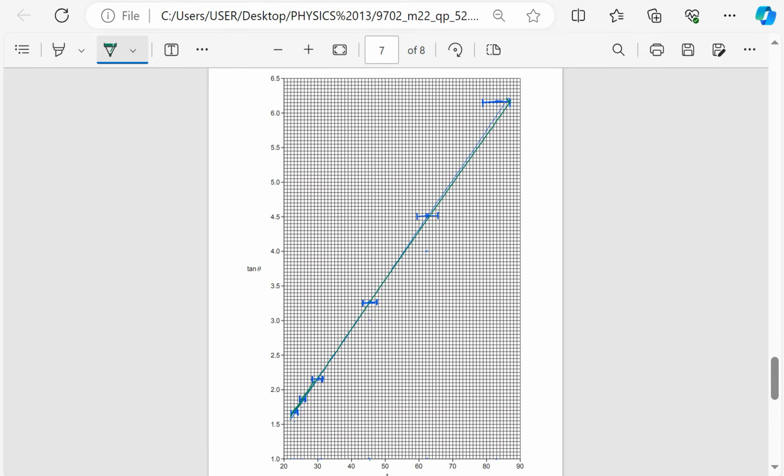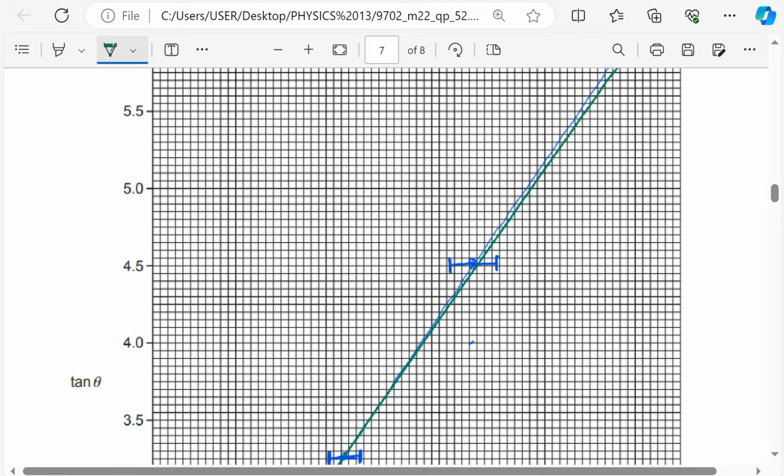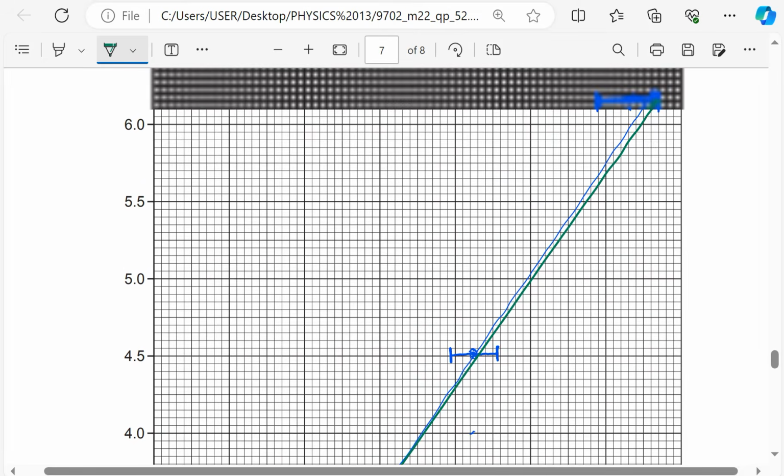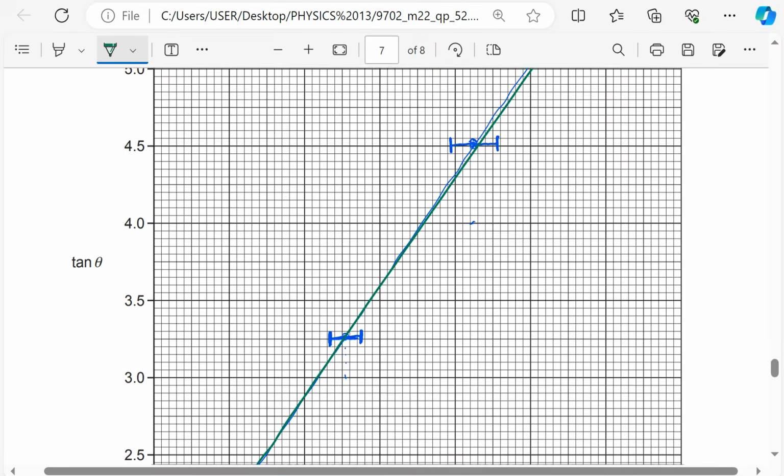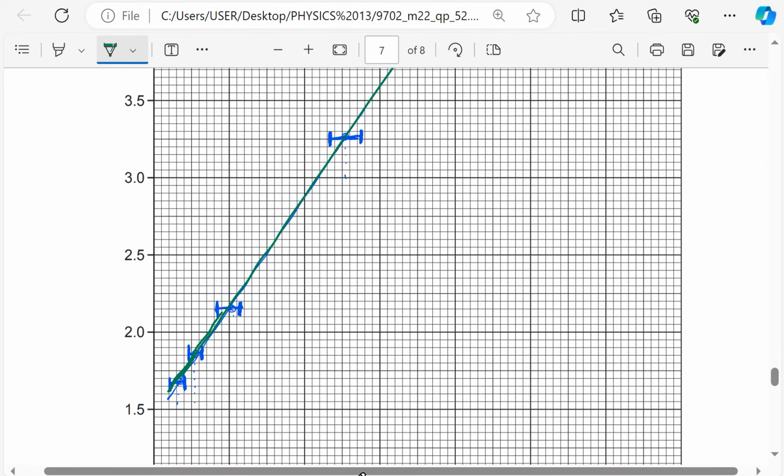If they're all crossed, then it means the line is good enough to go. So I have to label my lines. I'll call this one the worst acceptable line. So I join the right hand side of the top error bar to the right hand side of the bottom error bar here, and